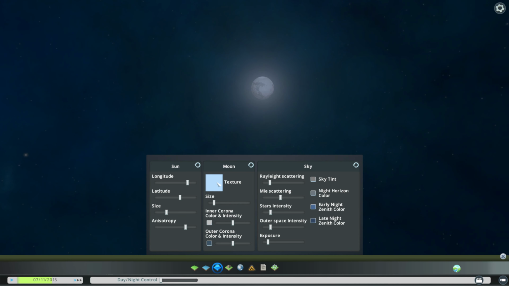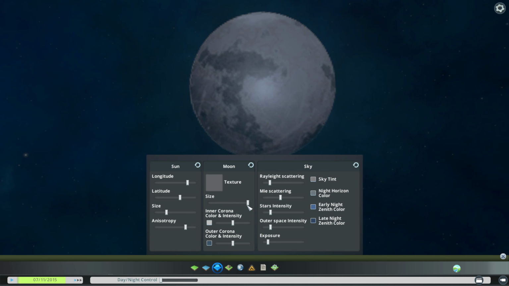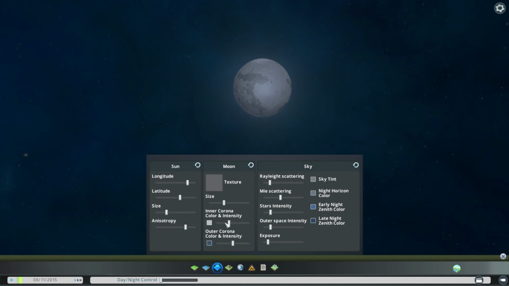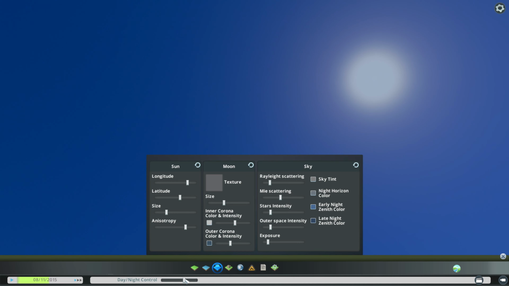Get that in view nice. You can change the texture of it. You can change the size of it, or you can change some of the lighting with it as well. You can also change things with the sky. You can change ray light scattering